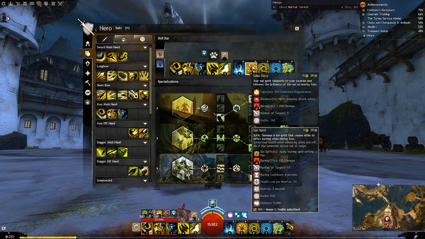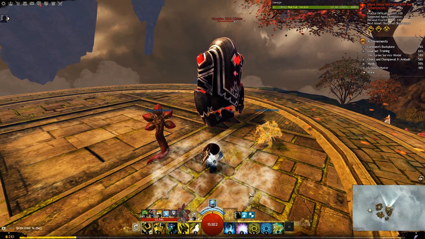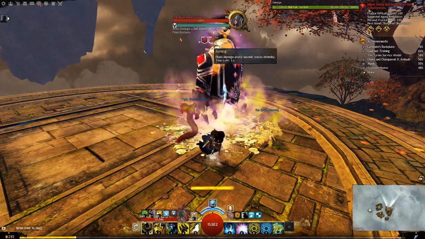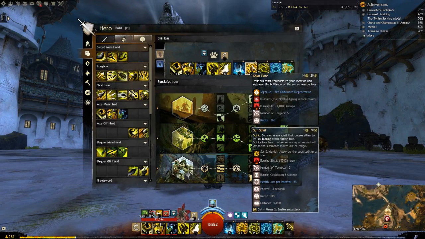Sun Spirit. All allies apply a burn when attacking. The damage scales off that person's condition damage. So this spirit starts off with bad DPS, but the more condition builds in the party, the more the damage shoots up. Additionally, it will proc from up to 10 targets every 3 seconds,